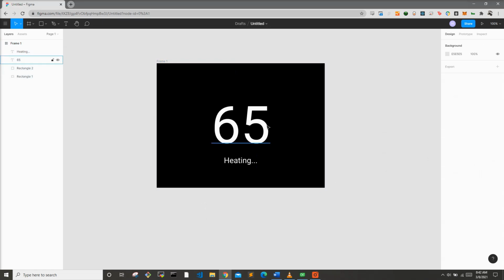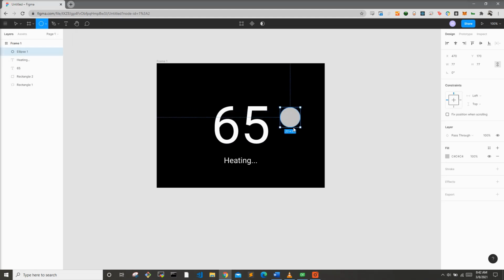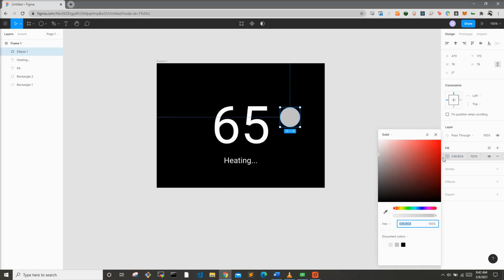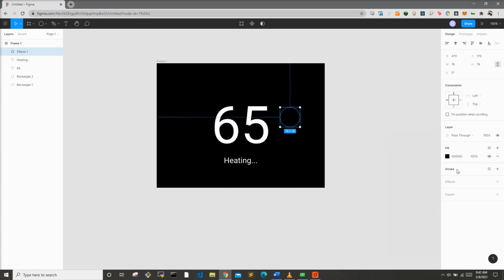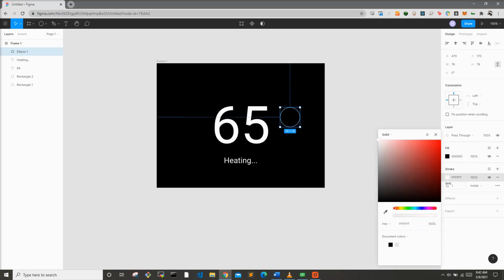Now let's add some way to control the temperature, bring it up and down. I'm going to put a circle here, and we'll make the circle black with an outline that's white. And let's bump up the stroke on that. 4, yeah, it looks good. We'll center that up with the current temperature text here,